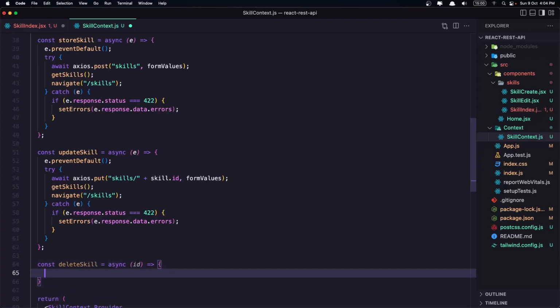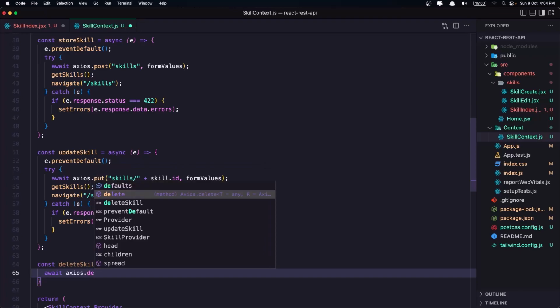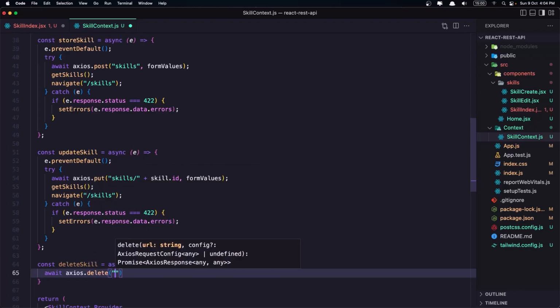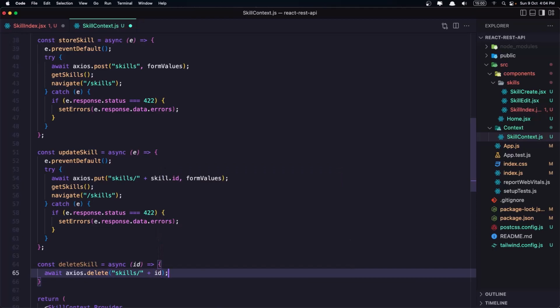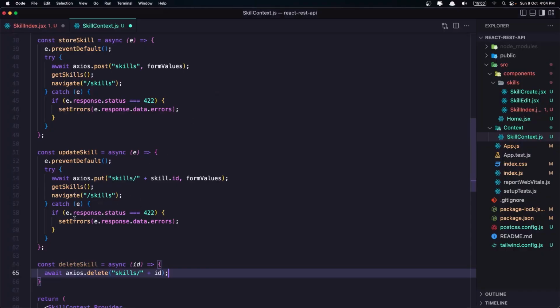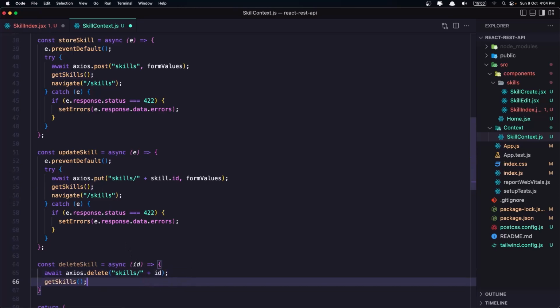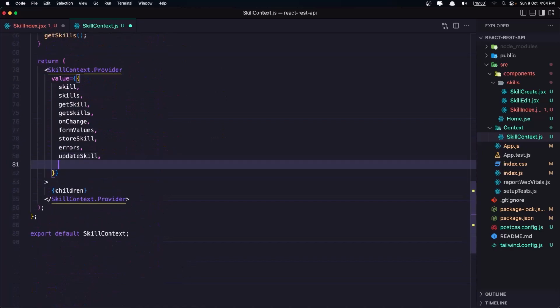Okay, and let's say await axios.delete. Add the URL, which is skills/ plus the ID we get. And then we are here. So what we want is just to call the get skills to update the skills. So let's copy, paste that in. And now let's add the delete skill here, delete skill, save,